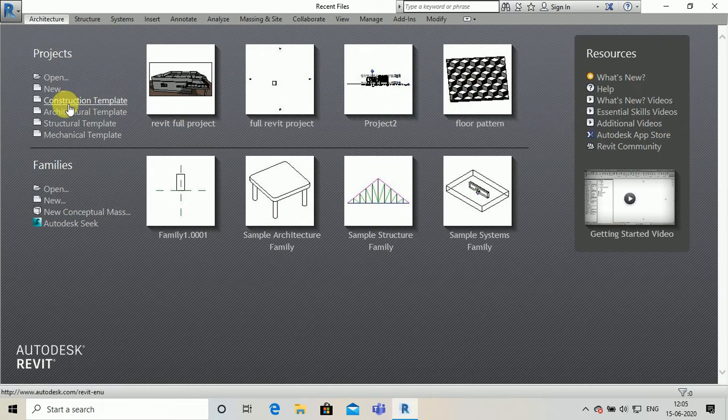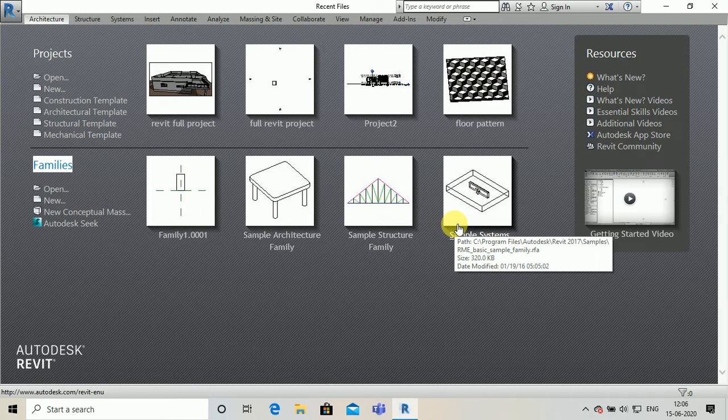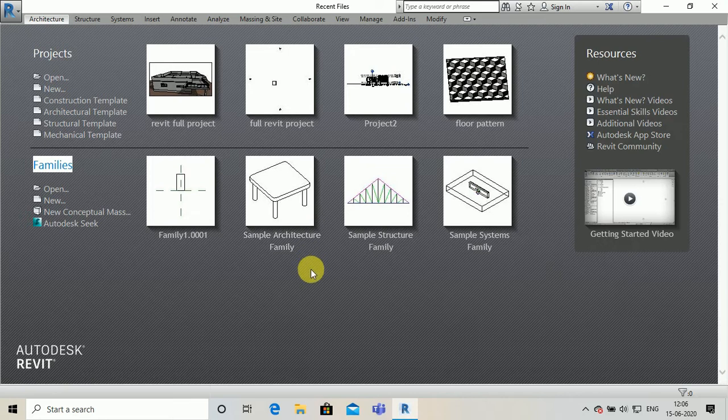Then you go to families. So whatever Revit provides you ready-made, like furniture, doors, windows, trees, these are made in the family. So whatever model or projects we make, we use the families that are ready-made, and maximum like walls, doors, windows, floors, tags, furnitures, all these come under families. So without families we cannot make our project.